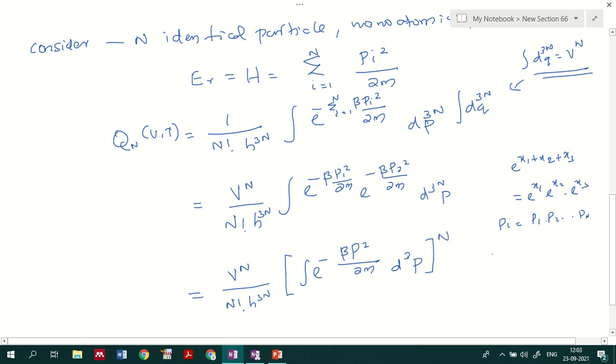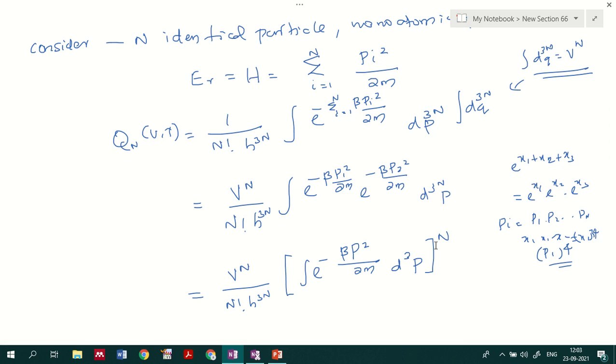If you have this representation x1, x1, x1 like that, p1, p1, p1, then you can write p1 raised to 4 like this, right? If you have x1 into x1 into x2, that means you can write x1 raised to 4, or x1 raised to 3. In a similar way we can also take the p1 raised to 4 representation, and together we can take p raised to n as the corresponding notation as well.